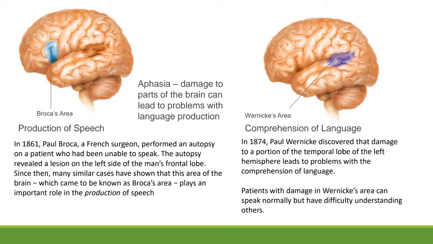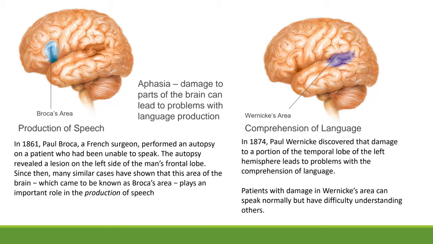So damage to the brain, as we said, we can see that damaging parts of the brain causes problems with different outputs. And I think who's it on the news at the moment, Bruce Willis. I think it's Bruce Willis has just been diagnosed with aphasia. There we go. So Bruce Willis, as you know, has been diagnosed with aphasia. And quite interestingly, it happened as I was preparing this particular learning unit and slide. So damage to the brain like aphasia can lead to problems with language production.